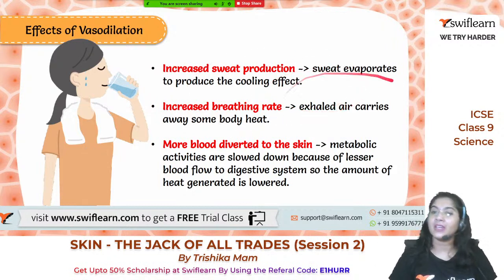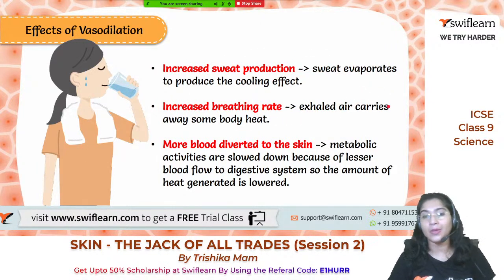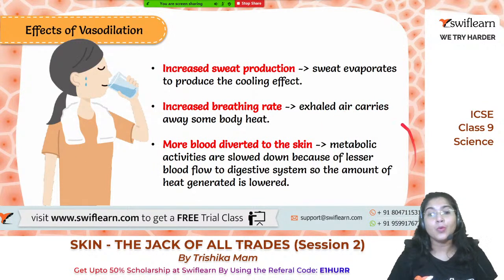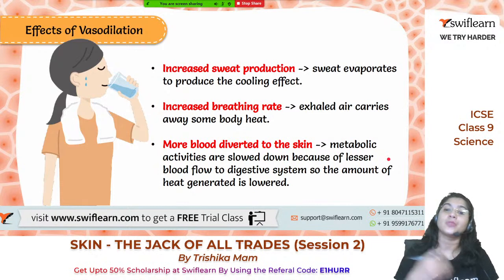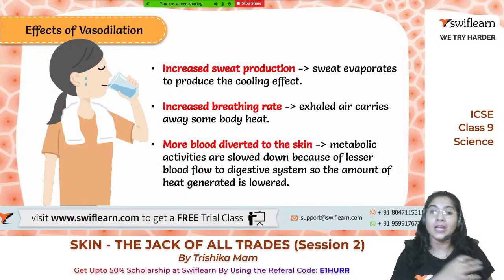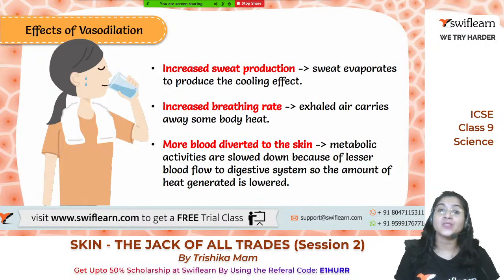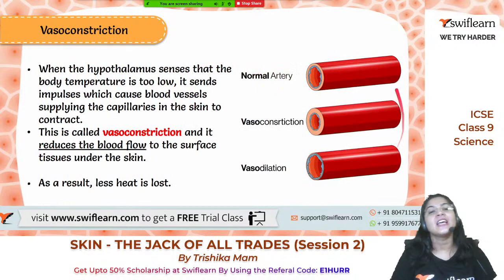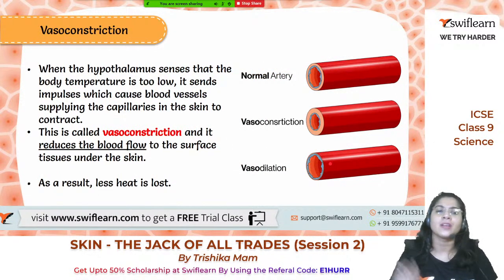Exhaling of the air will take place, it carries away the body heat, it will give away the body heat. More blood will be diverted to the skin, तो skin के तरफ ज़्यादा से ज़्यादा blood आ जाएंगे. Okay, so that is why at this time you can also find that the skin becomes reddish in color. Why? Due to the vasodilation. क्लियर है ना? Yes. Now coming to the vasoconstriction, कब होता है?